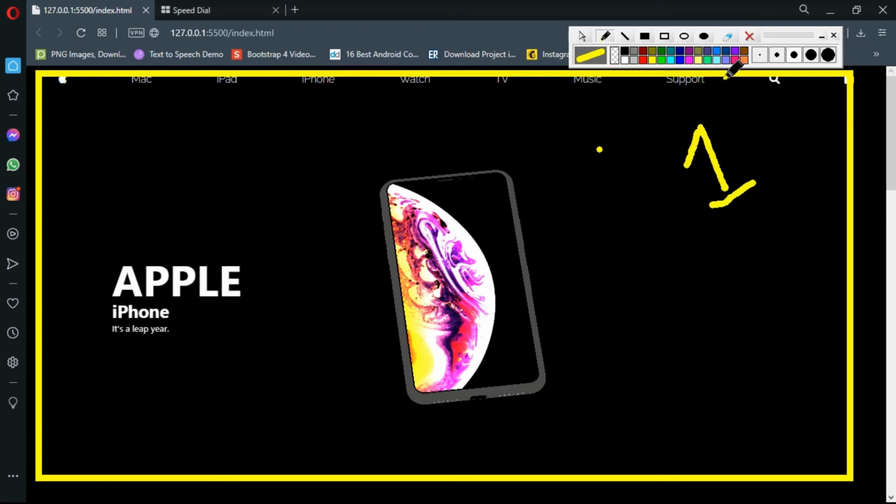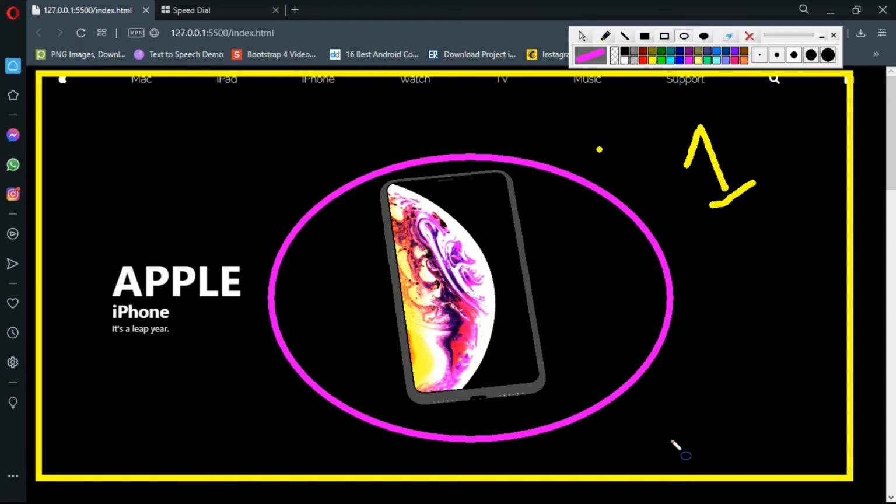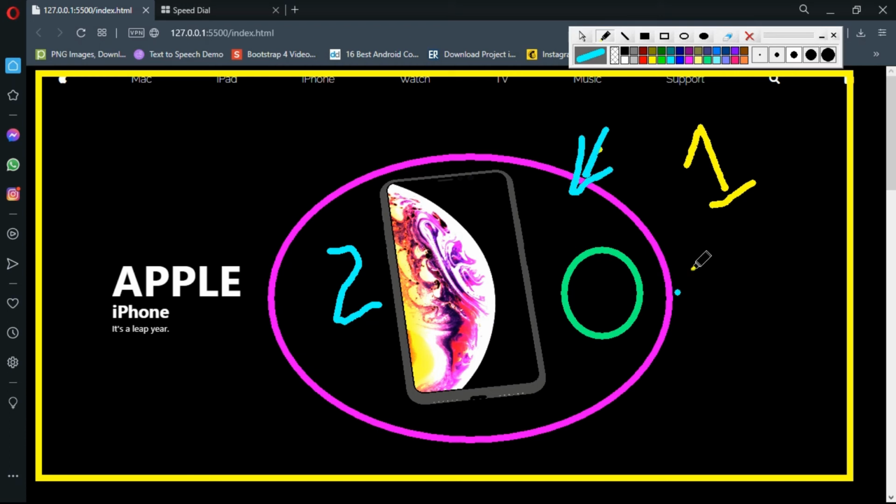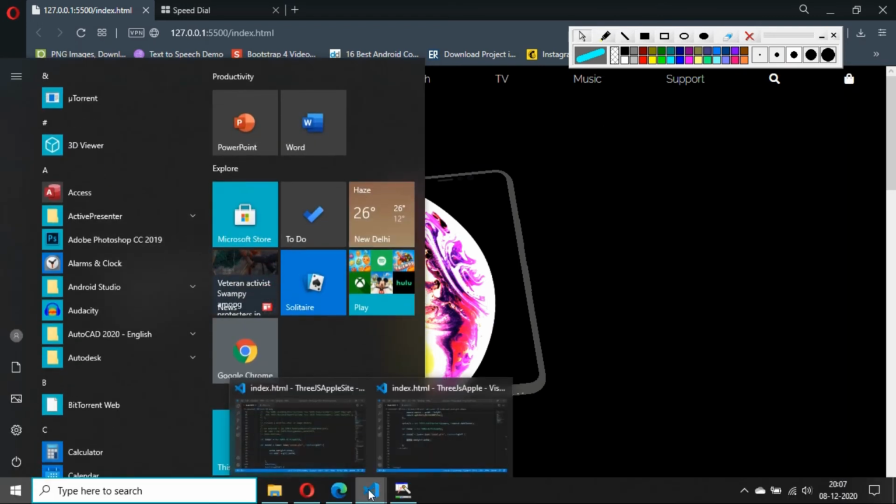This is the first scene, and just assume it as a perfect circle, an ellipse, I don't even remember what it is called. This is the second scene, and that was the first scene. The second scene is embedded inside the first scene, so we are adding scene2 inside the first scene. Perfect, right? I will add some arrows so it will be easier for you to understand. Okay, so let's go to our Visual Studio Code.